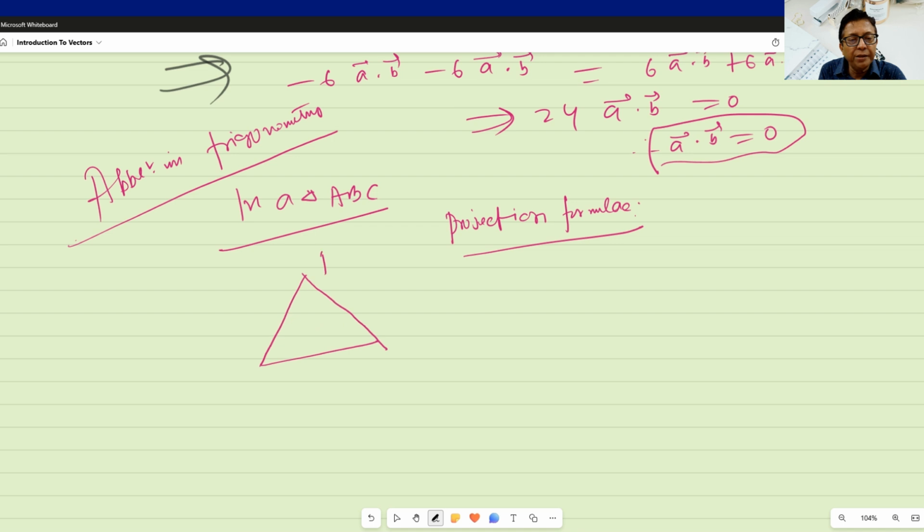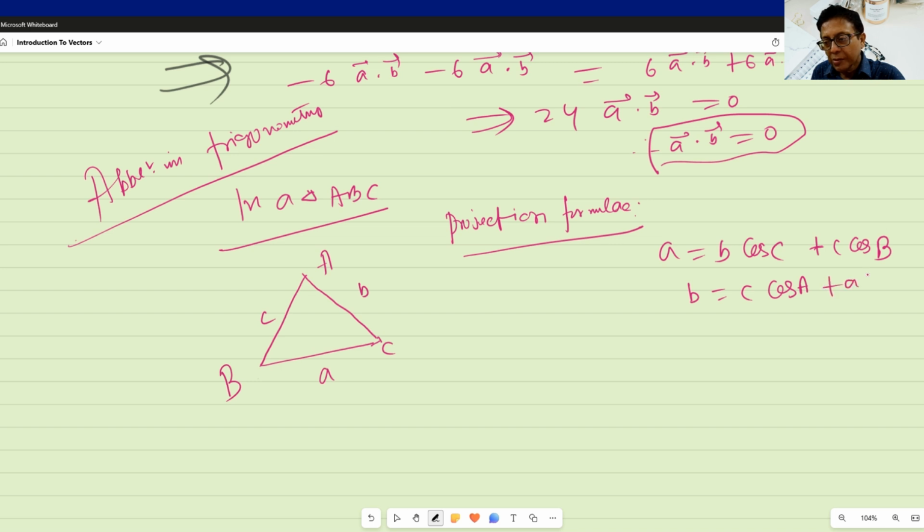ABC is a triangle whose opposite sides are small a, small b, small c. Then the projection formula states that a equals b cos C plus c cos B, b equals a cos C